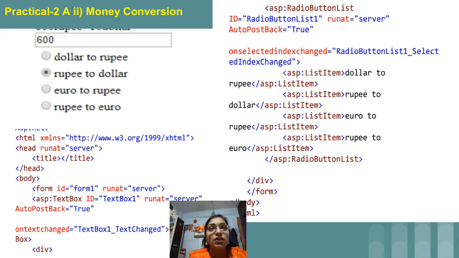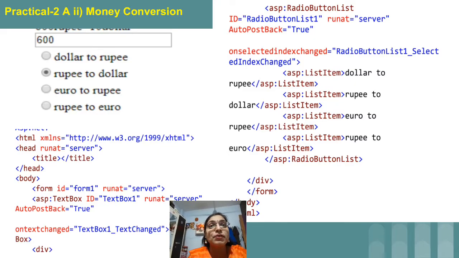In that arrow list you will get one more option, that is auto post back. There is a square present in that. Just check that particular square, which means we are making the auto post back property true. This option is available in the property window also, so you can take any option, but that is compulsory.